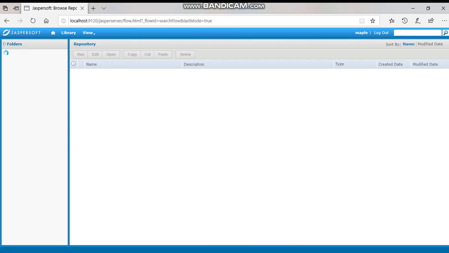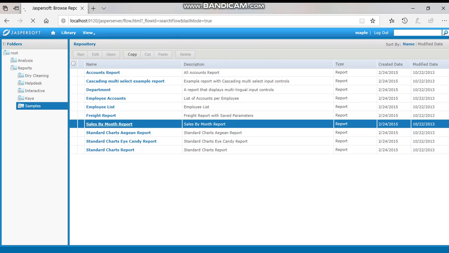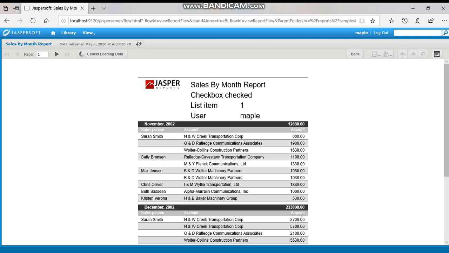The second report which we'll go through is the employee sales by month. This is a much better report where we will come to know what kind of sales is generated by which particular salesperson. So here they have given only 3 columns: salesperson Sarah, the account through which they have generated sales, and the amount.